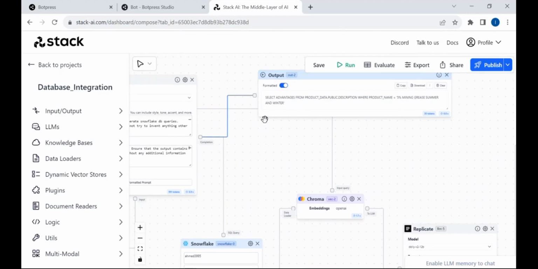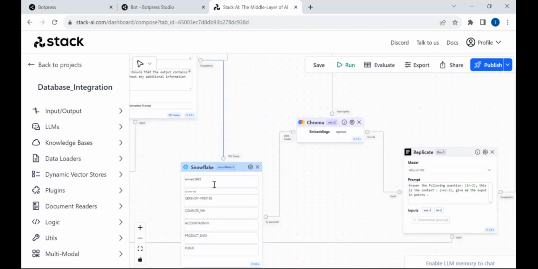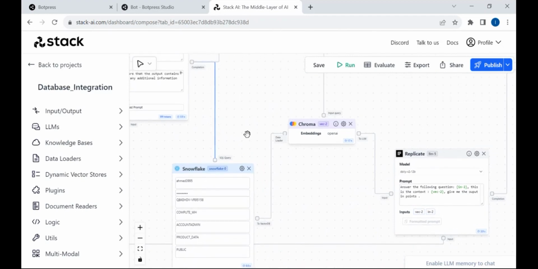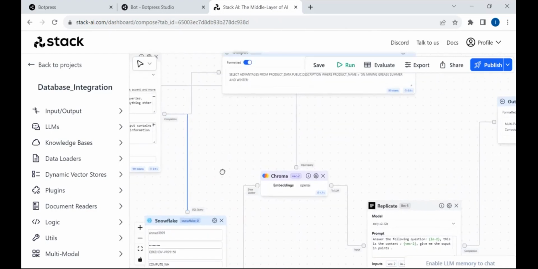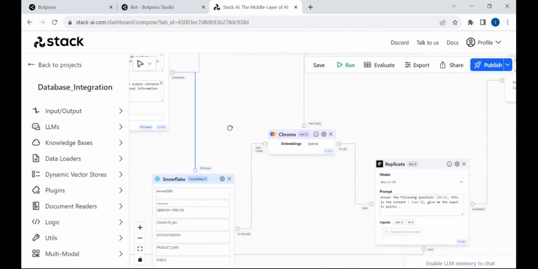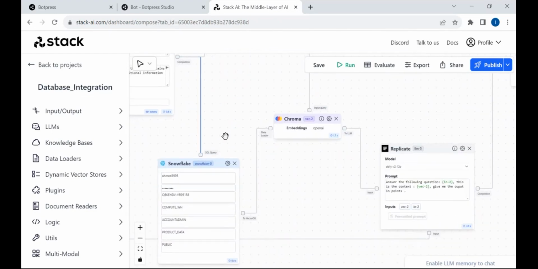This SQL query, generated by the first LLM, is sent to Snowflake, and through this SQL query we are able to fetch the data. In the data set we have 10 columns and multiple rows, but based on the question we only need some information. That's how the SQL query is helping us: you just want to select the advantages column for a particular product.